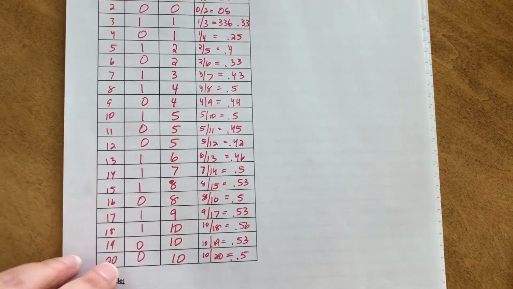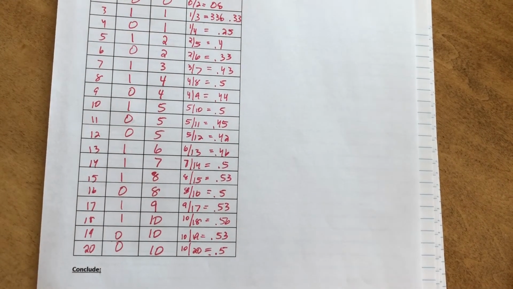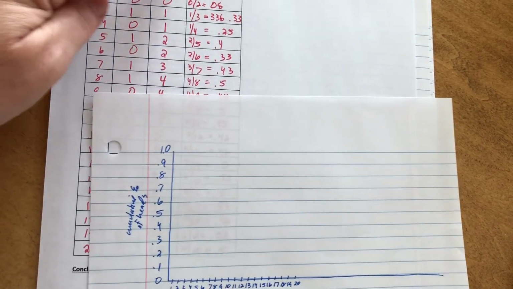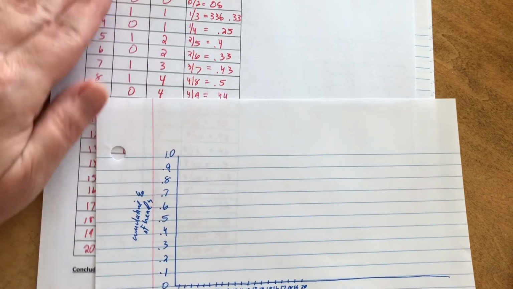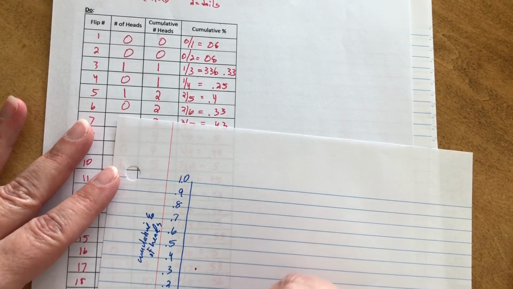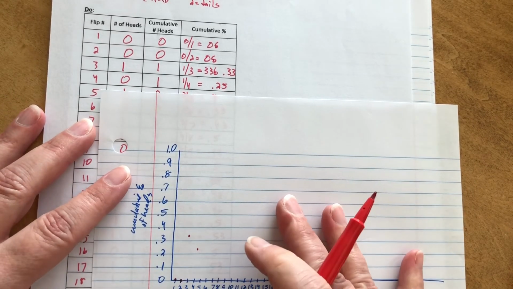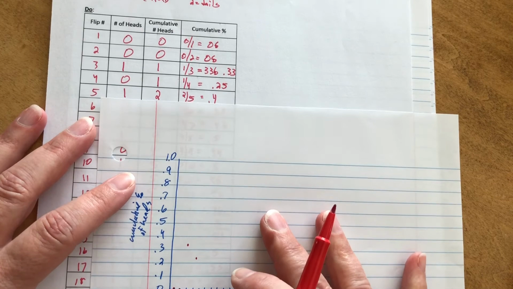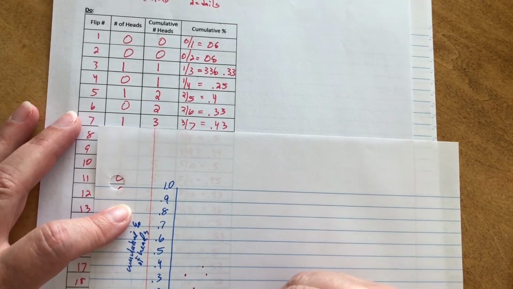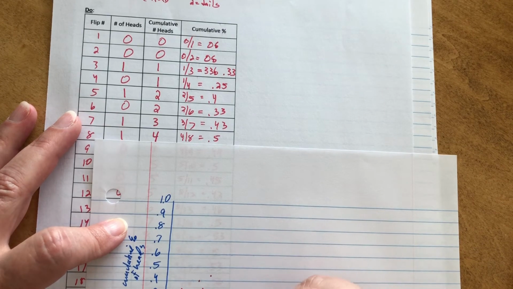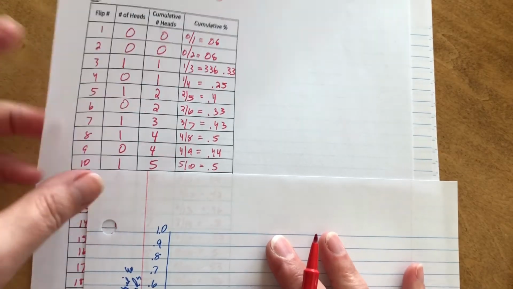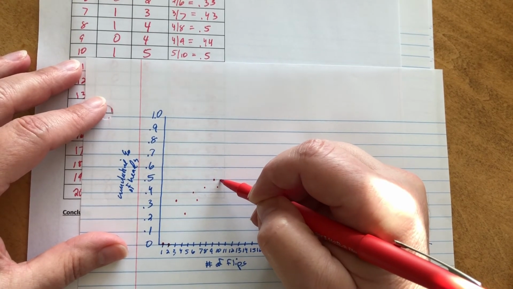Okay, so you'll notice they're all bouncing around. If we graph this, where's my paper with my graph? Okay, if we graph this, for every simulated flip, I'm going to graph the cumulative probability, the cumulative percent. So I started at 0, 0, 0.33 roughly, 0.25, wait, I did 0.25, 5 and 0.4, 6 and 0.33, 7 and 0.43, 8 and 0.5, 9 and 0.44, 10 and 0.5,